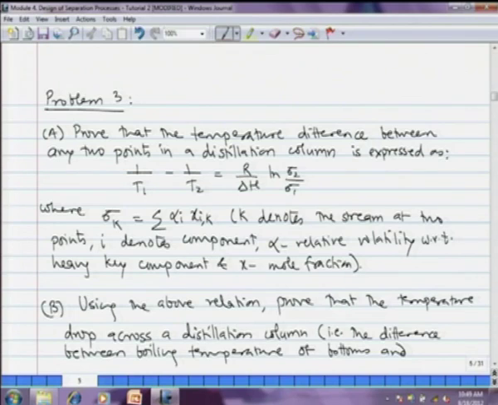Now, we shall see the third problem. The third problem is a theoretical problem. I will read out the statement. First section of problem 3 is to prove that the temperature difference between any 2 points in the distillation column, expressed as 1 by T1 minus 1 by T2, where 1 and 2 indicate the subscript for 2 points in a column, is equal to R divided by delta H into ln sigma 2 by sigma 1. Delta H is the heat of vaporization or latent heat,